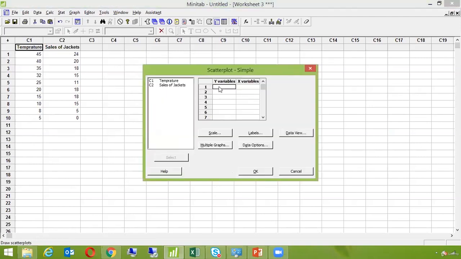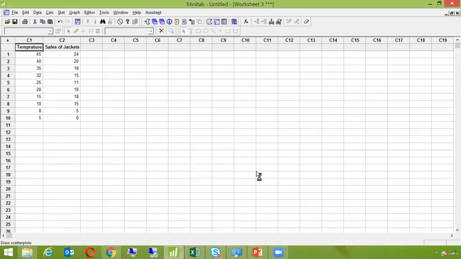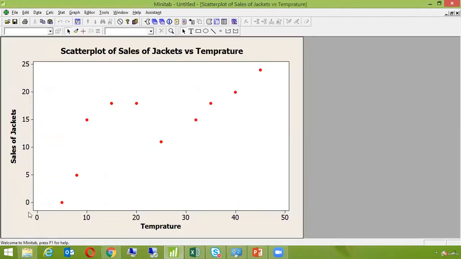My Y variable is the sales of jackets. That's what I'm concerned about. I would always do a project on improving the sales. And my X variable is the temperature. I click on OK. And here I can see this is the interpretation that I've got. Now to get to the R value,